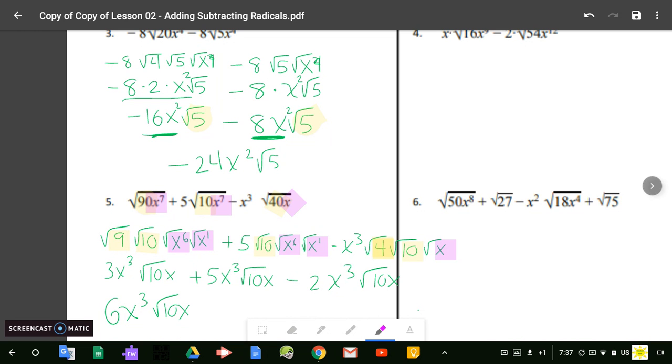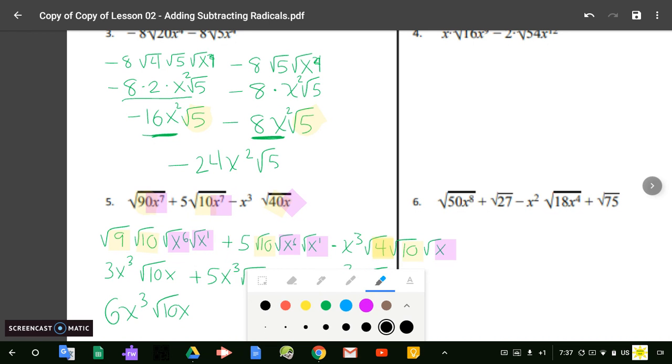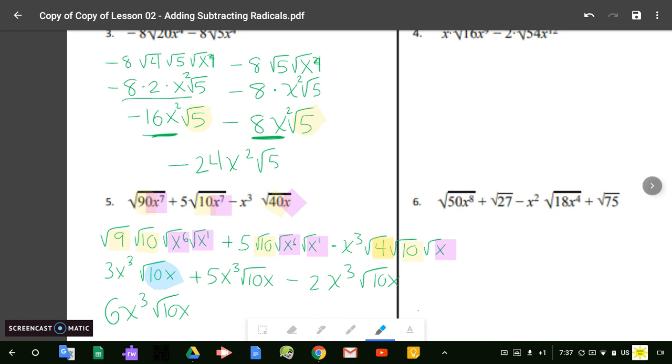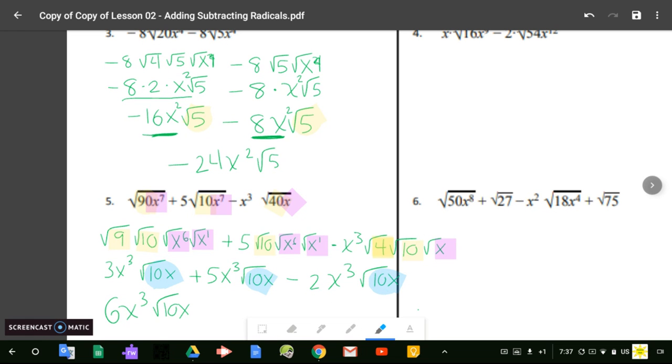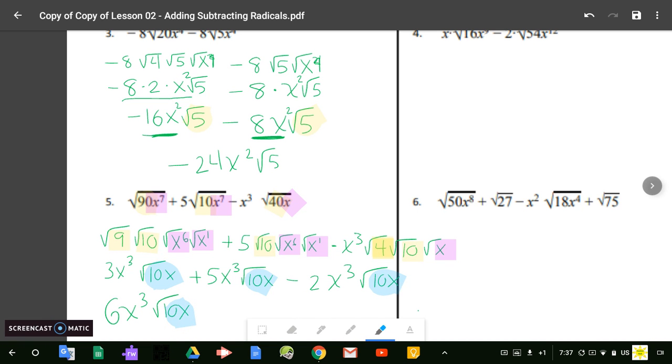Okay, now we're going to work through the rest. So the square root of 9 became 3. I have my x cubed. And same idea as you follow through. And then what ends up being nice here is that everybody has the same number under the radical. The fancy name for that is a radicand. So I'm going to combine all their coefficients. So 3 plus 5 minus 2, and that's going to leave me with 6x cubed. Okay, at this point, you should be good. As your homework, I'd like you to